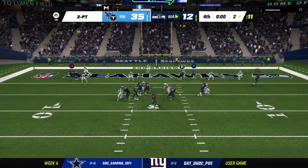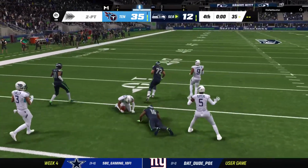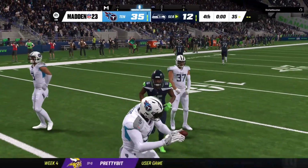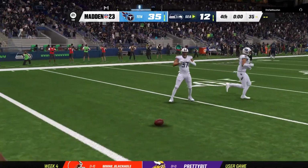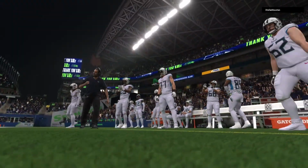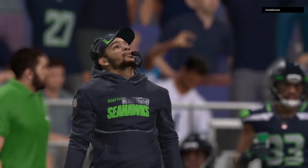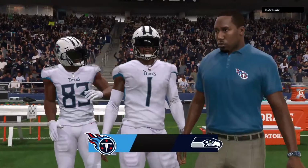One last throw here for Smith. And now here is another interception. Picked up by Amani Hooker. That keeps the score at 35. Well, an interesting finish to this one. They get in the end zone at the end of the game. Then they went for two. It wouldn't have mattered. The game was over, but they didn't get that two-point conversion. I think